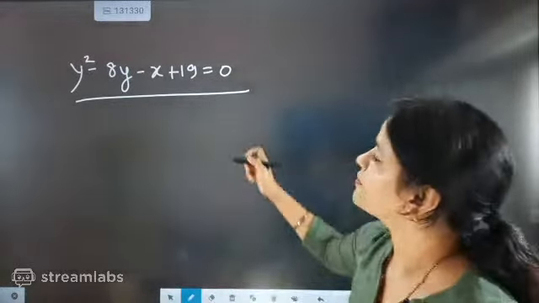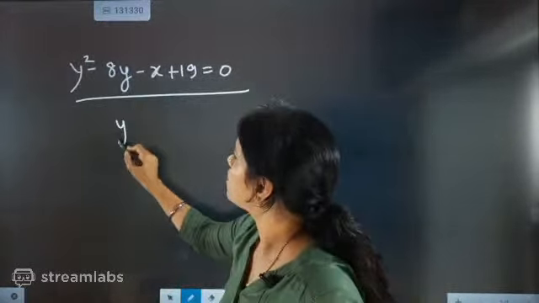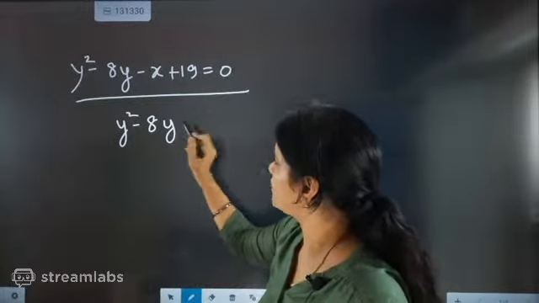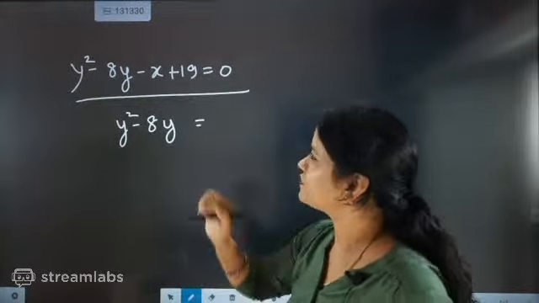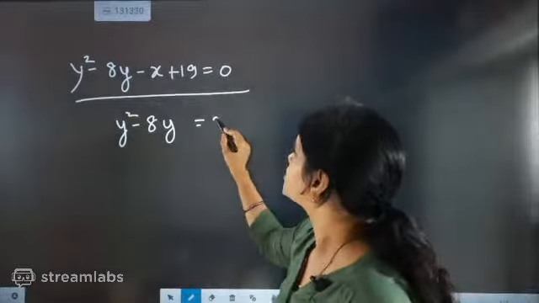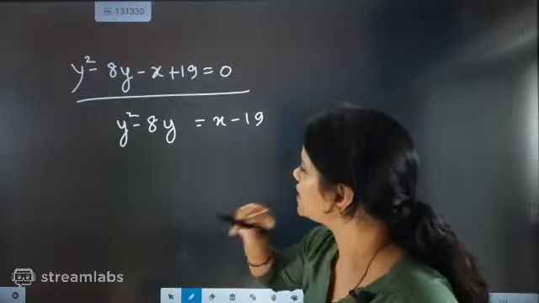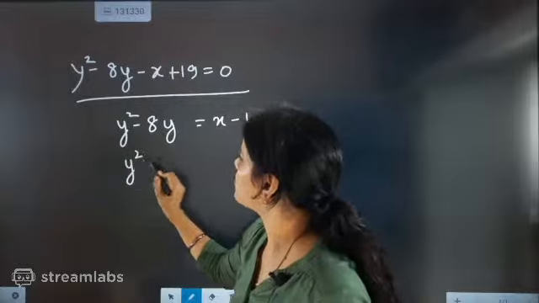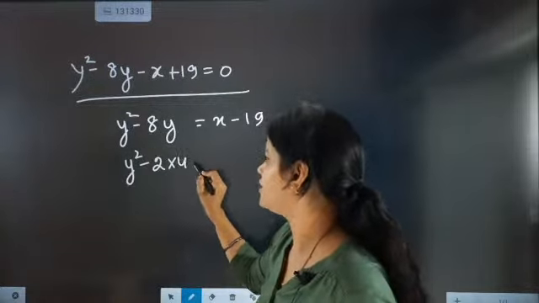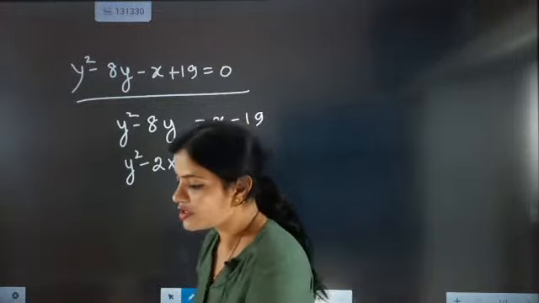Now first, y square minus 8y is given to you, and first I am going to shift the term which is not needed. So x minus 19 I shifted to this side. Now y square minus 2 into 4 into y is there. So I have to convert it into